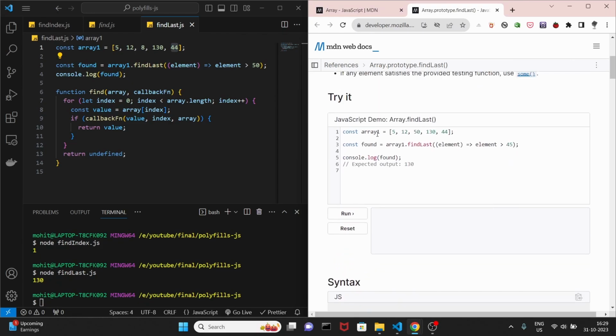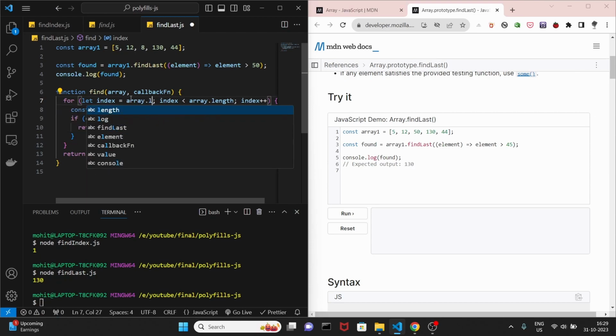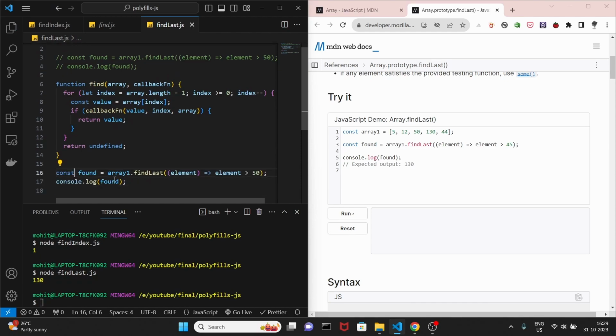Okay, so we'll now implement it, I guess. The only change we have to do is the iteration. So I'll do array dot length -1. The index has to be greater than or equal to 0, and the index should be minus minus. And if found I'll return the value, otherwise return undefined. Let's see whether it works or not. Copy, comment, paste,